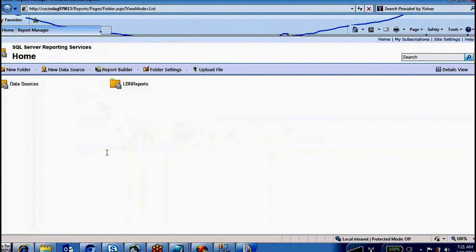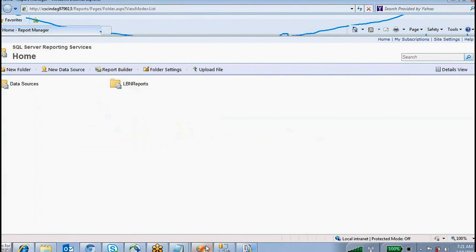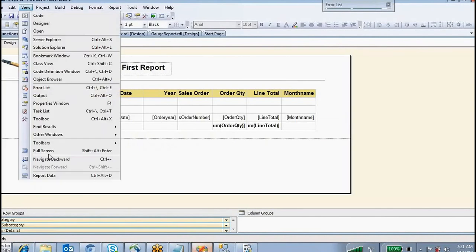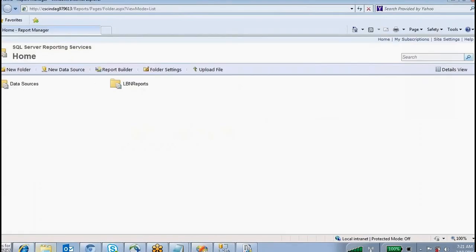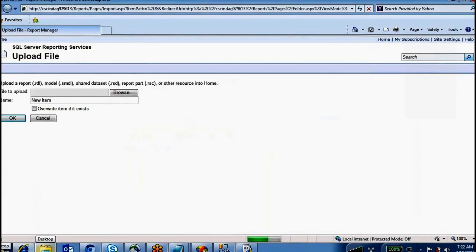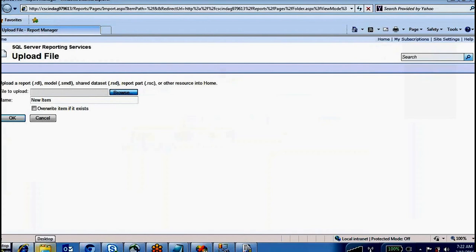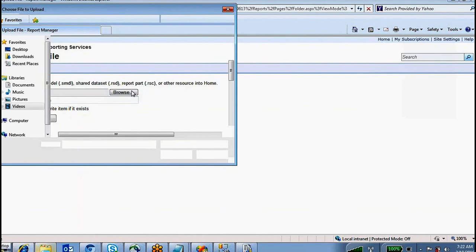And we have deployed these reports by going to Solution Explorer, right clicking and deploy, right? Instead of that you can do it from here also, you can just upload the file. What is the file? The .rdl file. In which folder have you saved this .rdl file? If you want to override the existing item, you can override also.